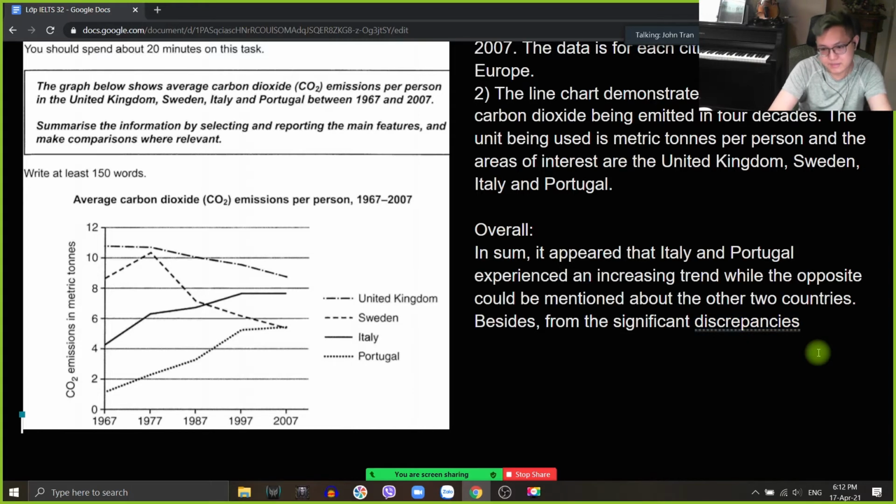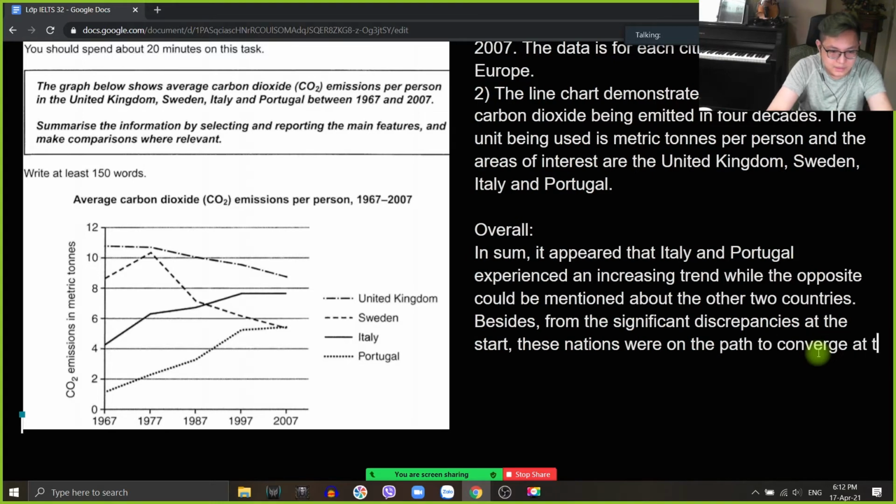Cái chữ discrepancy này có nghĩa là sự khác biệt, differences á. From the significant differences at the start, ở lúc đầu, these nations were on the path to converge at the value of